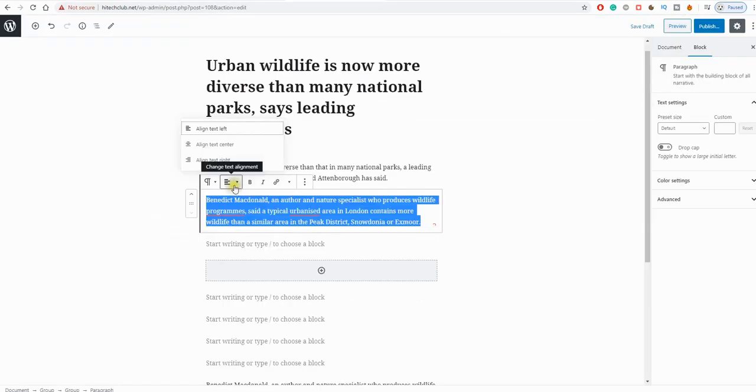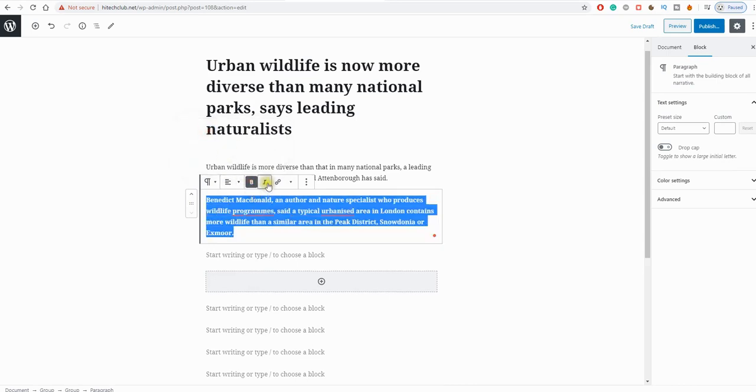There is alignment button. This is the left aligned, and if we select the center, then it will be center, and if we select on the right alignment, it will be shown as right aligned. Text box. This is similar to MS Word, pretty easy. You can select this as a bold, italic,